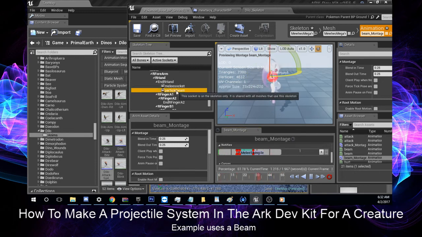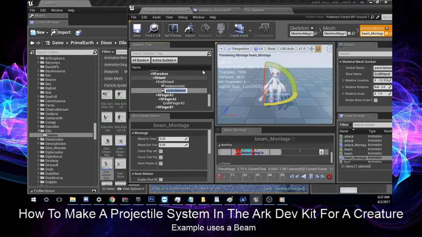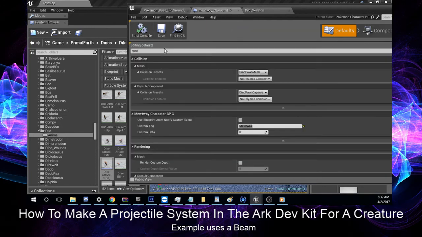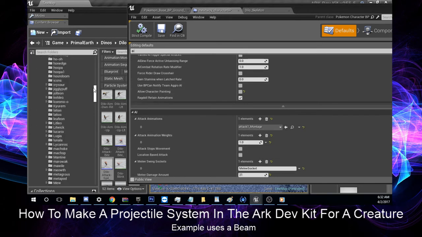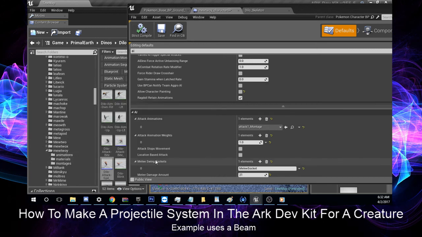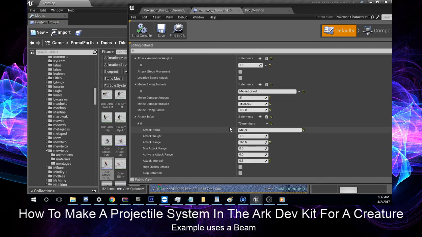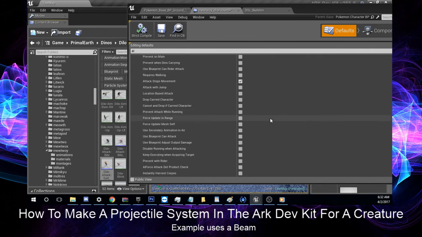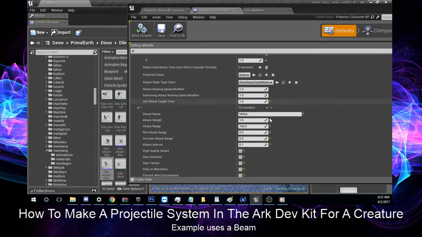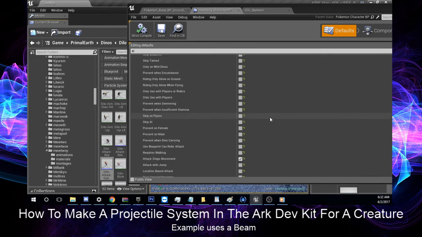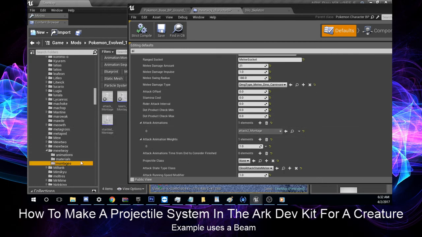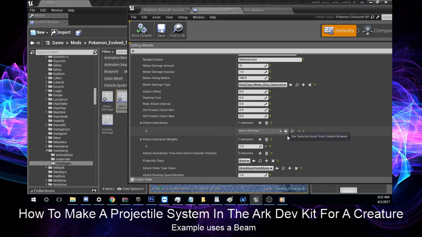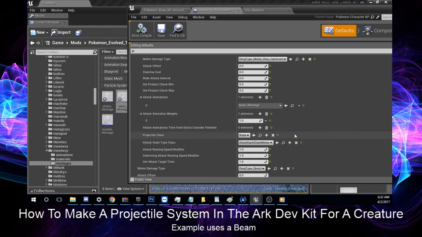And then we're going to copy this. We're going to go into our Mewtwo Y character BP, go to AI. We're going to scroll back up so that we can see what's in our montages folder. This one has at this moment 2 attacks. The second attack we're going to set to the beam. And for the projectile class,